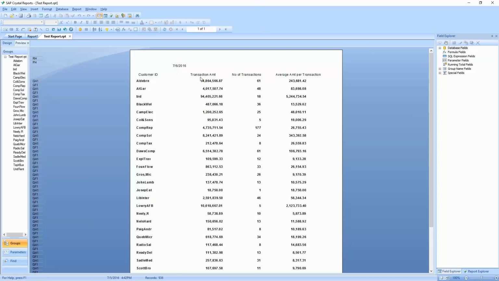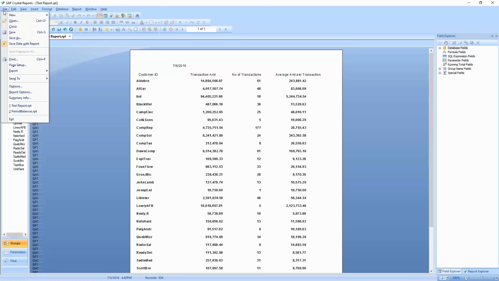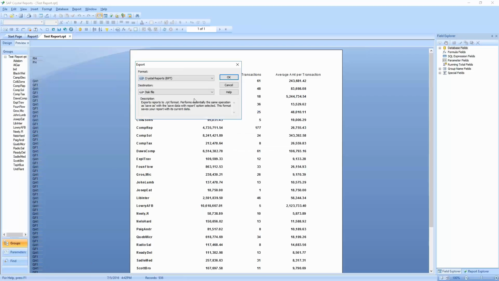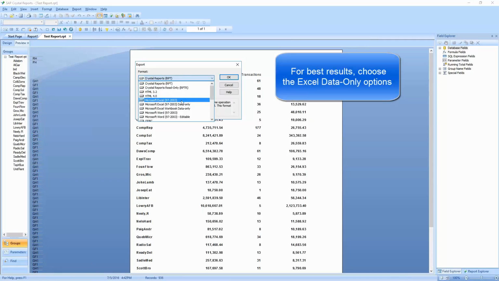Well, what I'm going to do here is simply come over here to my file and do an export. And I'm going to export this report out to Excel because one of the things that BizInsight allows you to do is automate the existing reports that you have in Excel right now. So I'm going to show you how that works. So I'm going to say OK,